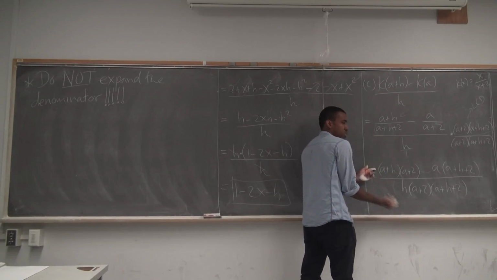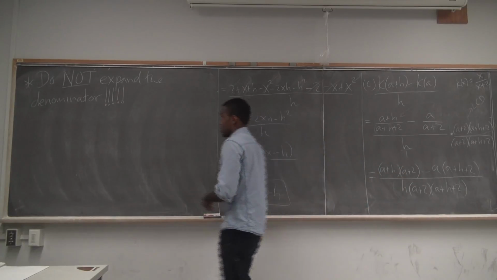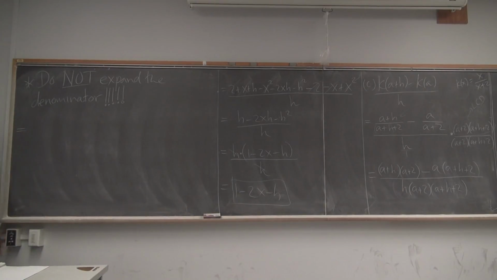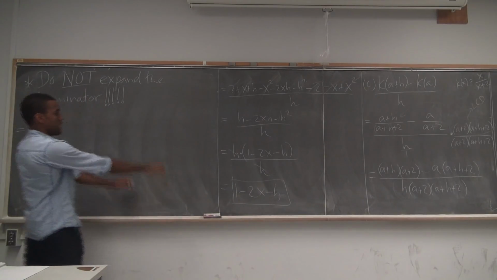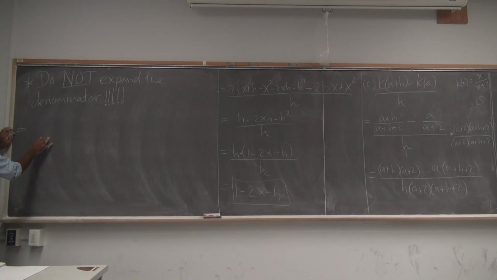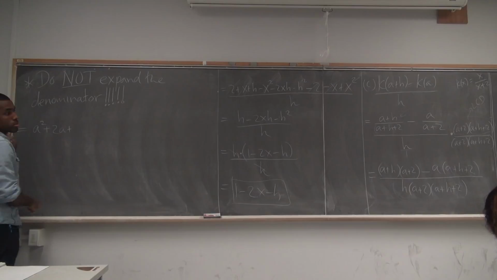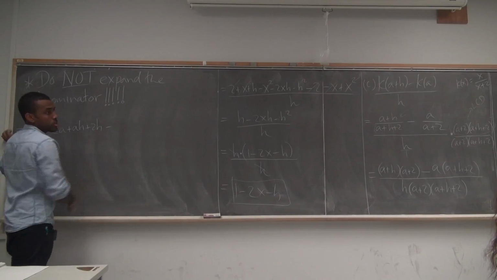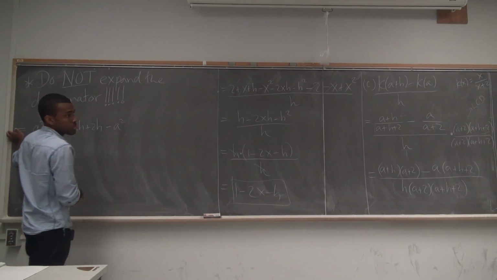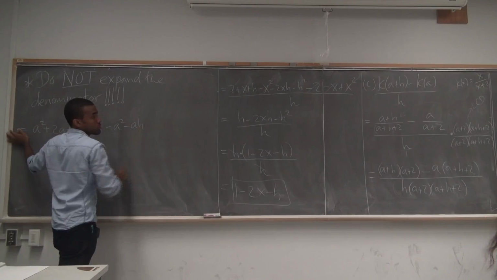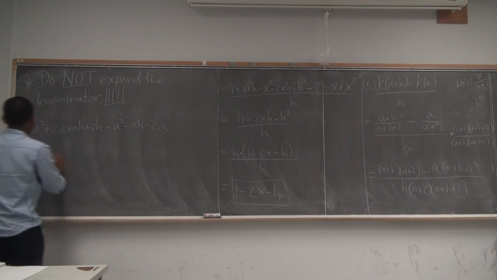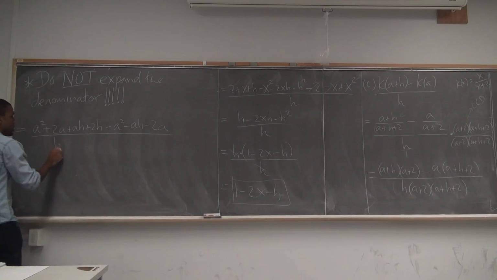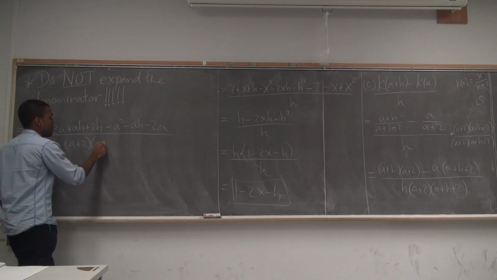At this point, there's nothing much to do except just expand it. You get questions like that in your first quiz. So how do you expand that? What do you get? A squared plus 2a plus ah plus 2h minus ah minus 2, all over h times a plus 2 times a plus h plus